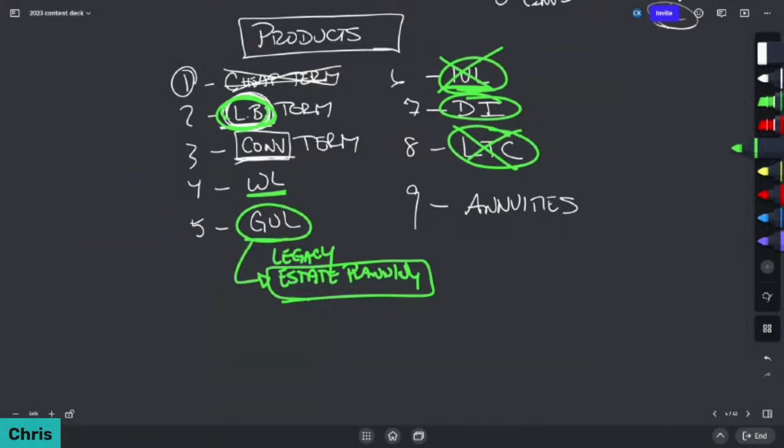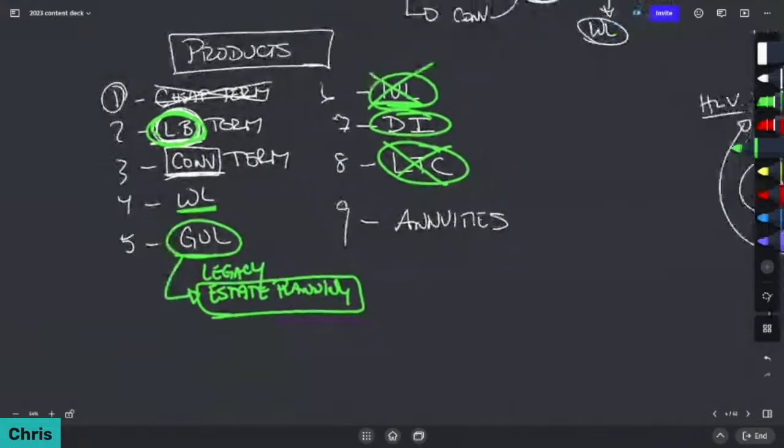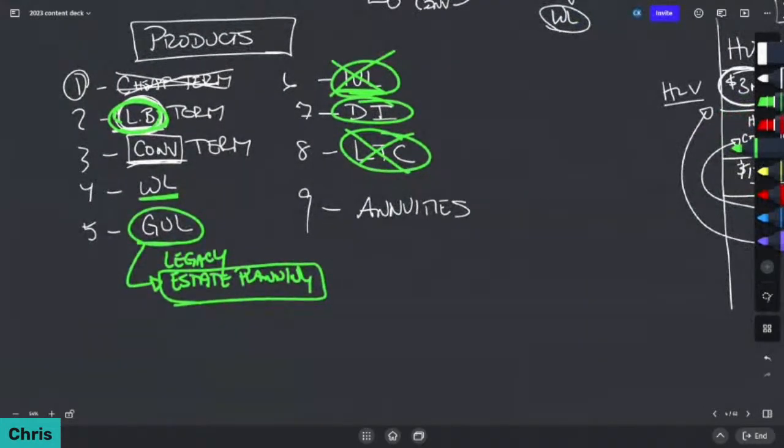And when I say we work with 5 different companies, and I get pressed all the time, like, what's the best company? I say there's no real one company is better than another. It's just which company is best for you. And the answer is really based on what are your values, what are your beliefs, what are the problems that you're trying to solve. All these companies have different features in them that make them more beneficial than others, depending on how you plan on designing the policy and how you want to fund it, what riders you think you need, what living benefits values you want to prioritize.